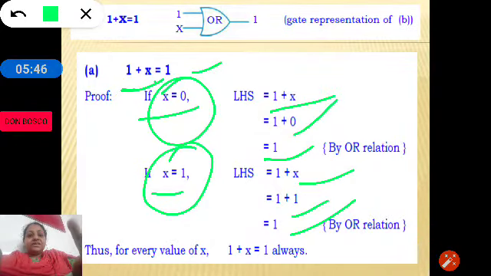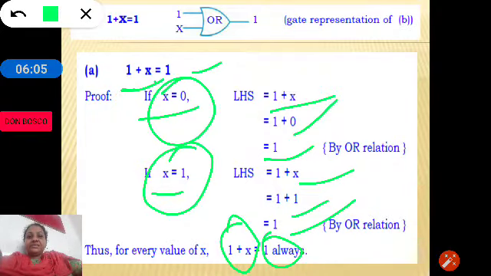When we substitute x with 0, 1 plus 0 is equal to 1, whereas when we substitute x with 1, 1 plus 1 is also 1. Hence we can say that 1 plus x is equal to 1 always, whatever the x value. Whether 0 or 1, the output is 1.